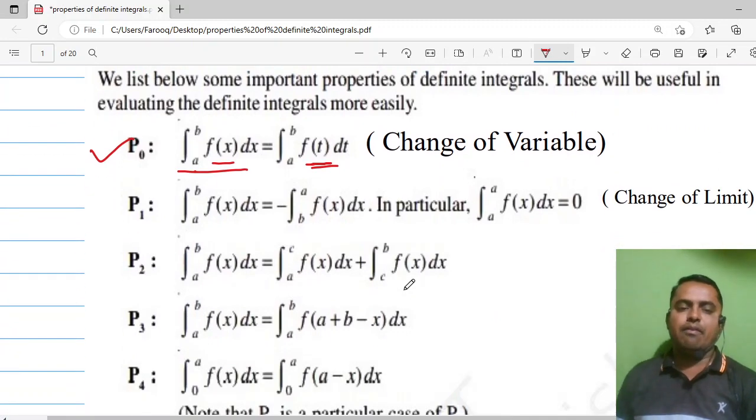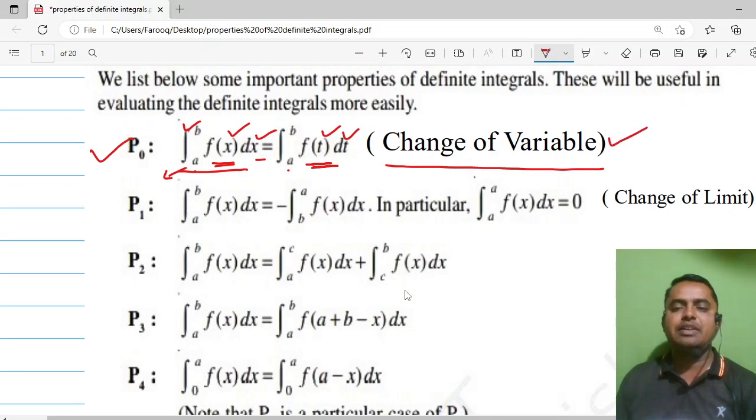Here in the integration from a to b, a is the lower limit, b is the upper limit. The integral of f of x dx is equal to the integral from a to b of f of t dt. Here x changes to t, dx becomes dt. This property is called the change of variable property. The proof of this property will not be asked in the annual exam, but we use this property